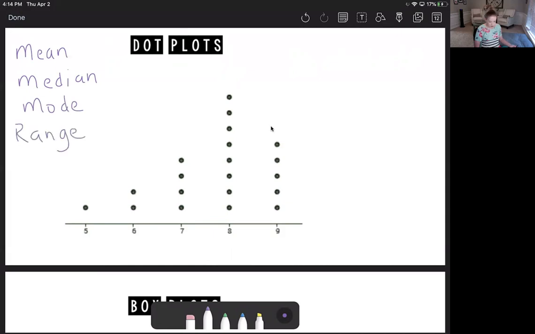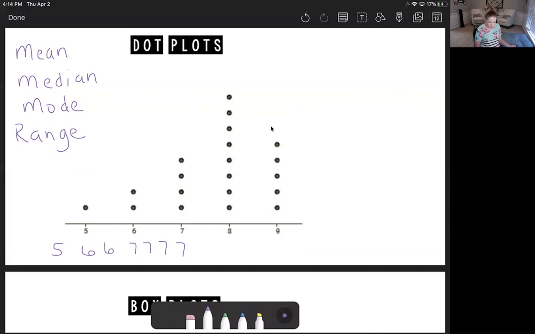I'm not going to do that on this particular dot plot, but I'm going to show you what you'd have to do first. One thing you have to do is actually write out the numbers. Each dot represents a number. So there's 1, 5. There's 2 dots on top of 6. That means I'd have to put 6 2 times. There are 4 7s, 7, 7, 7, 7, and so on. So you would write out all of those numbers, then you would be able to find your mean, median, mode,